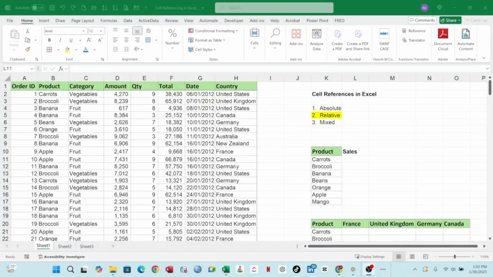In relative reference, you are maintaining the normal status quo, in which case cells are referenced relatively even in your calculation. Then the mixed reference is a situation where you are either locking the column or the row. Now let's go into the class and see how this is done. Okay, let us start with the